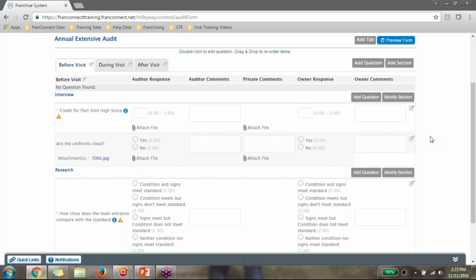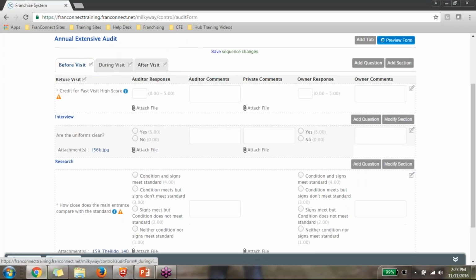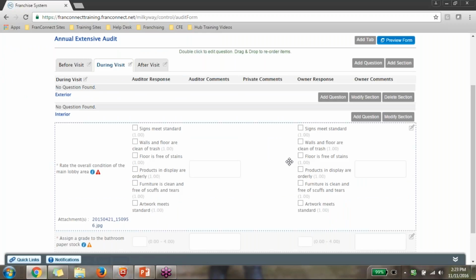I'm sorry, Allie, are you looking to create like a whole new form and kind of drag these in? Yeah, so we copied the form that we currently have, and we're trying to redesign it in a way so it flows a little bit better for our audits. So we were trying to create tabs to be able to pull the different sections into individual tabs, and right now it doesn't let you. It just lets you add a question, basically.